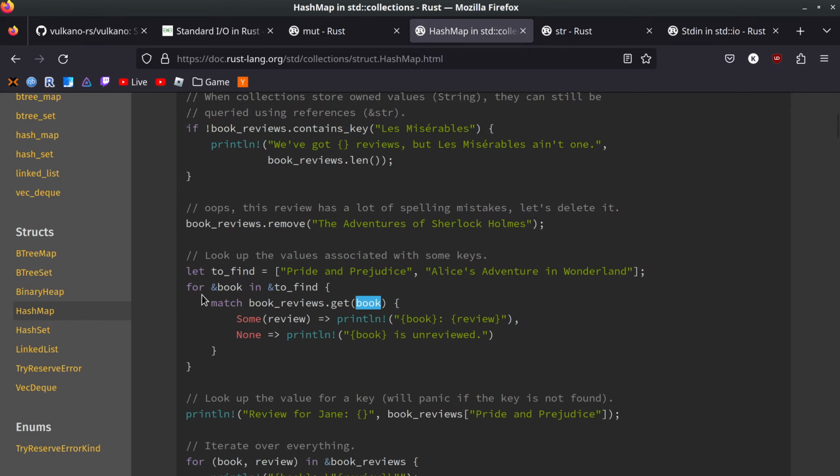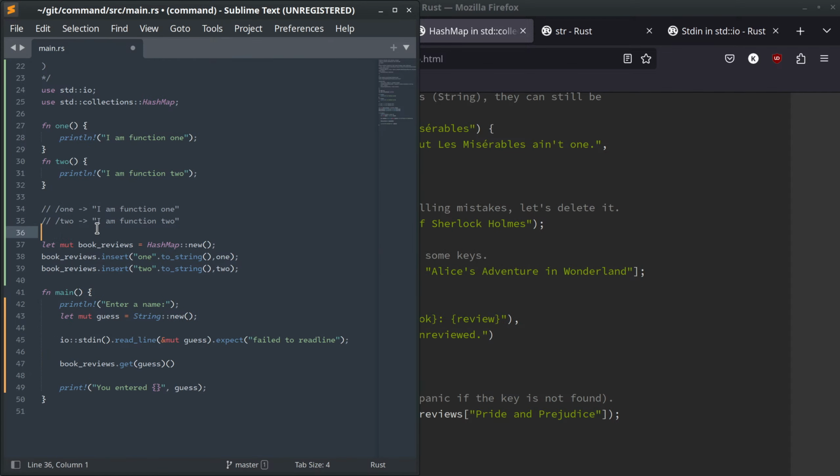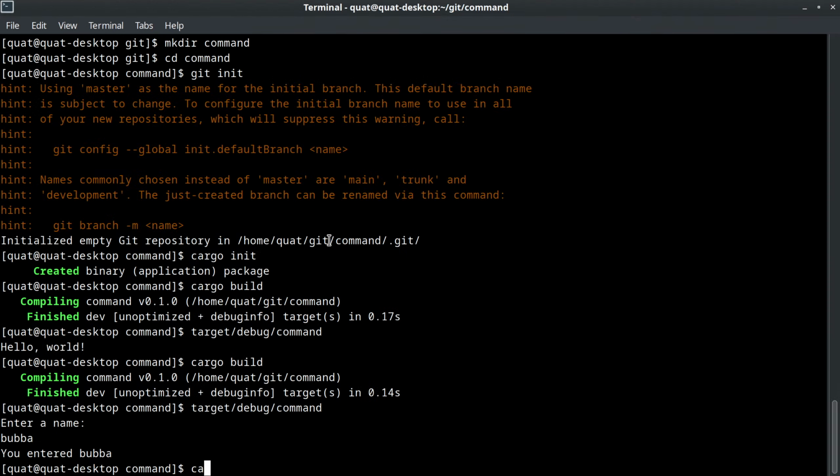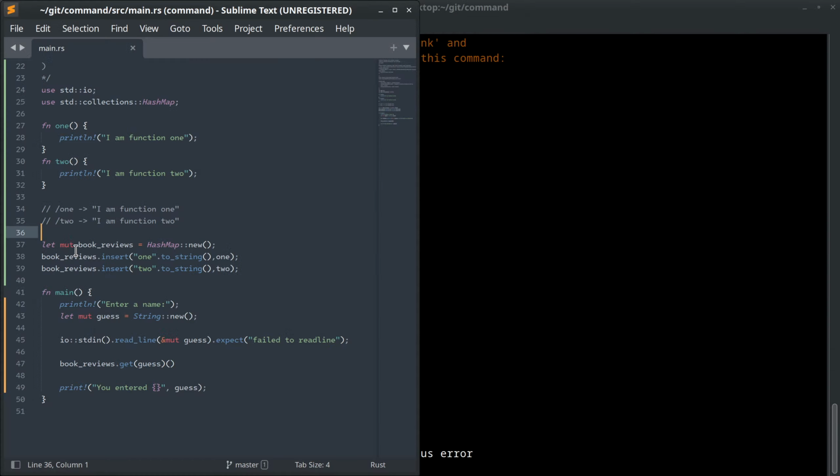what does that mean? For what is match? What is that? Okay, this is like complicated things, but like probably applicable to command system. Okay. All right, we got book reviews. Cargo run. Nice. Okay. Expected item. So you said that it doesn't work in the goober, so that's okay. We can just like